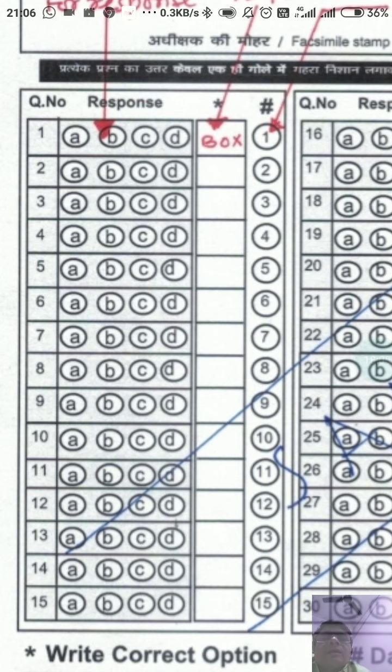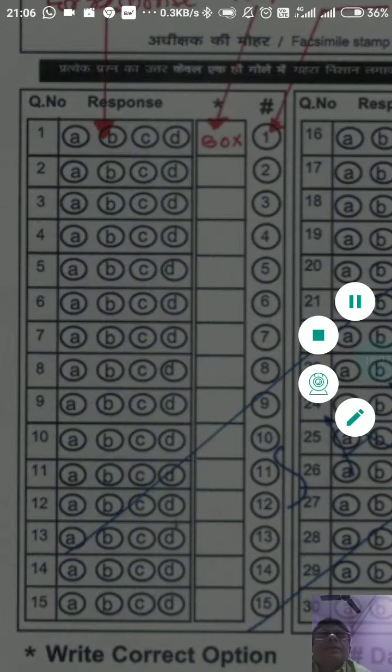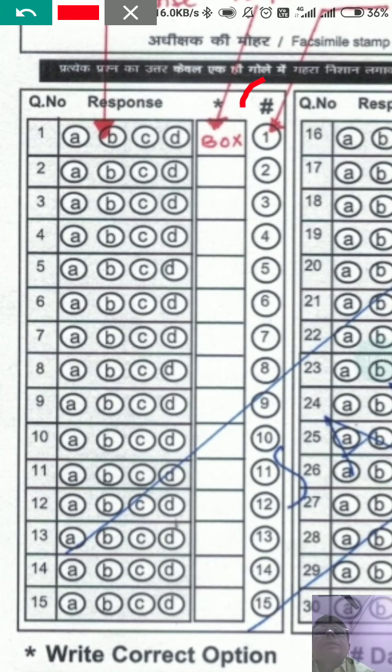and then write the other correct responses in the remaining boxes. Okay, now the next column, here you see this is the next column. In your OMR sheet, for every question there is a response here,